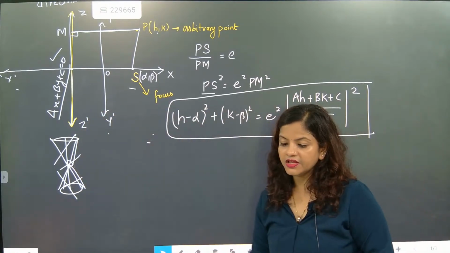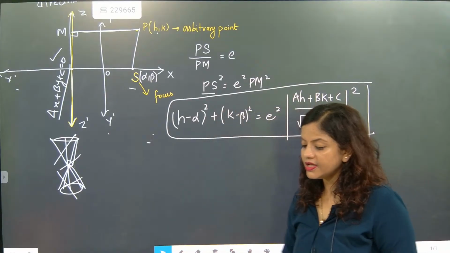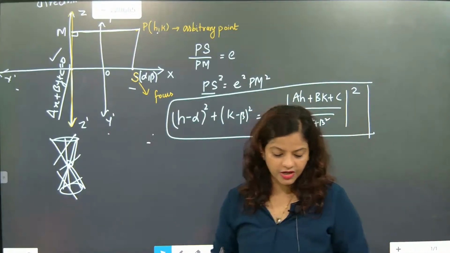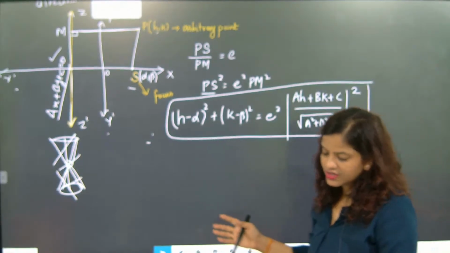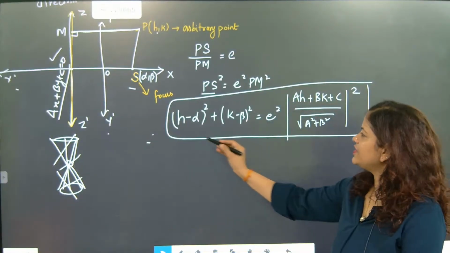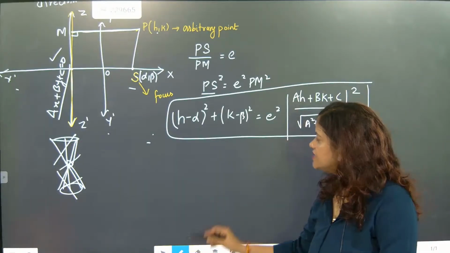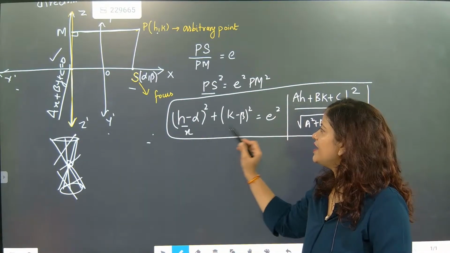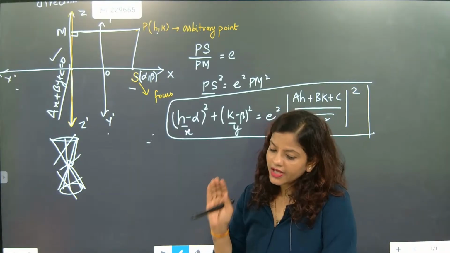This is the most basic thing, beta. Don't go here and there. Don't read unwanted, not needed material. What is the most important thing is the basic ideas that you are reading. Okay. So here this equation is coming, beta, and after this you have to remove h and k, because that is the arbitrary point. (h, k) is the arbitrary point. So h can become x and k can become y. Understood? So now h and k will become